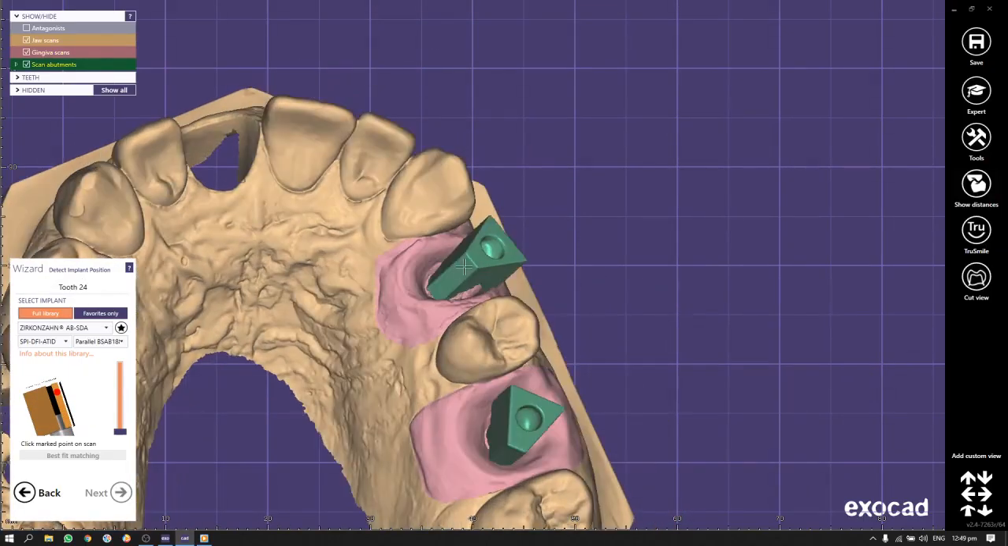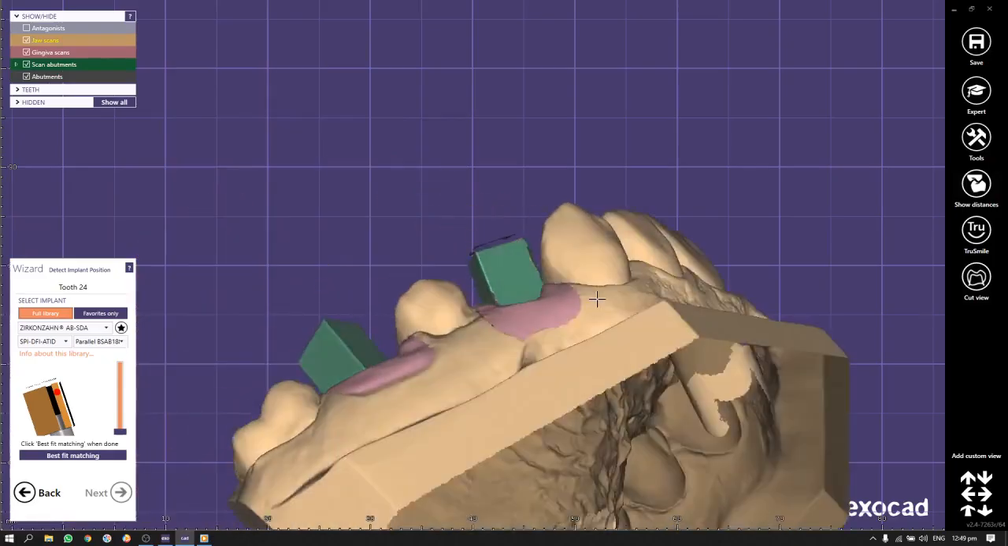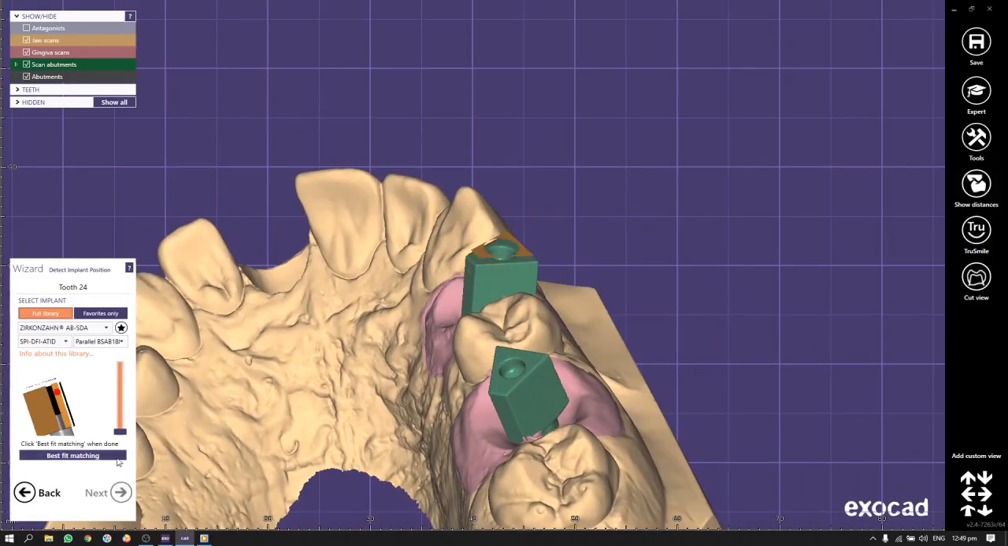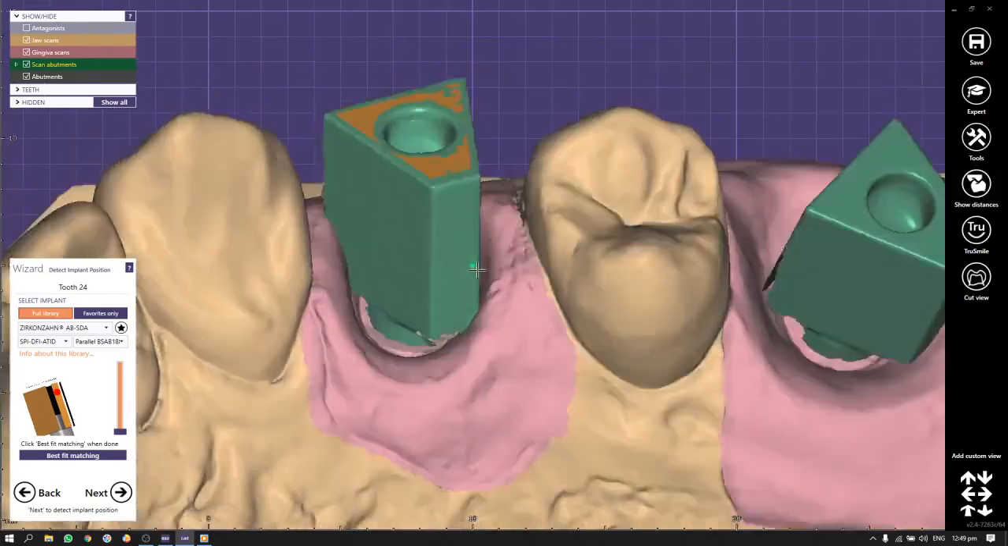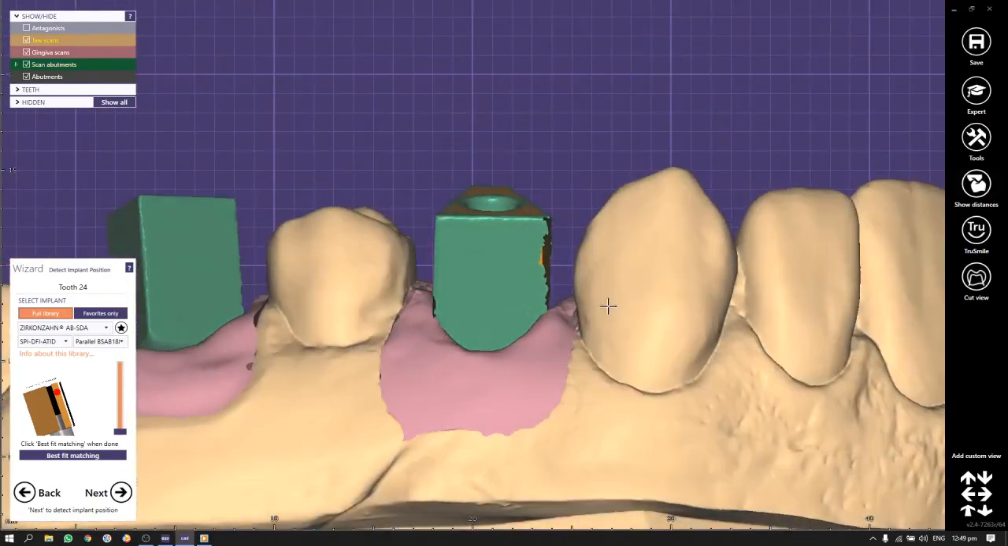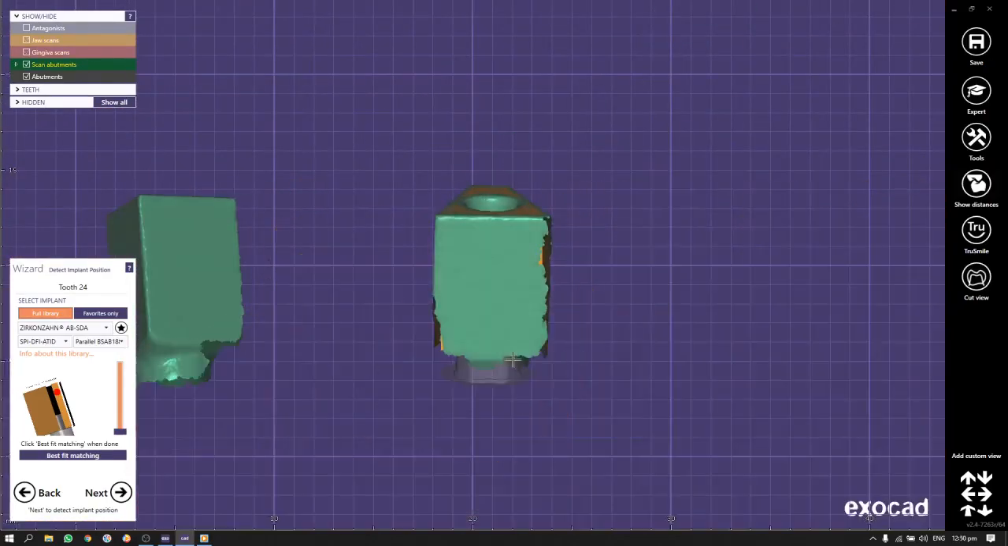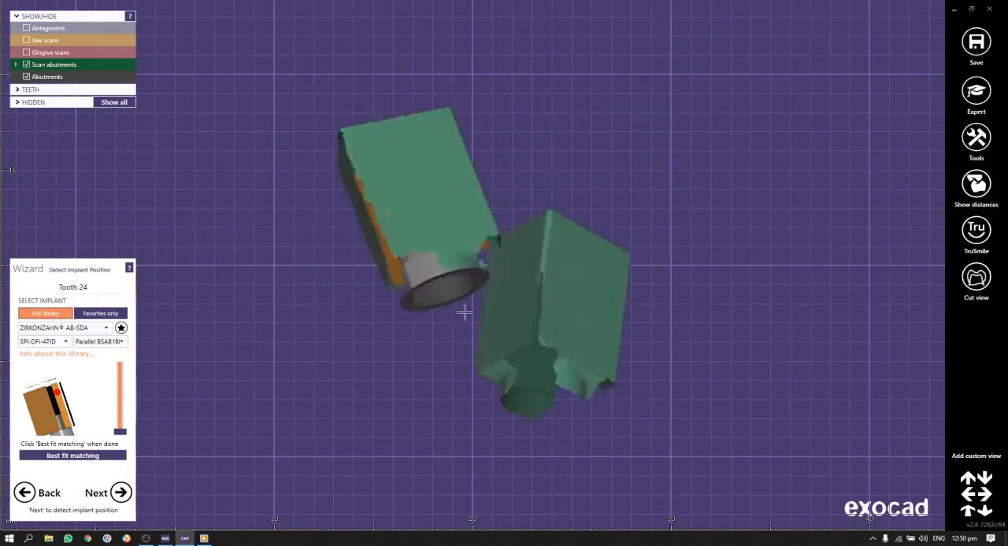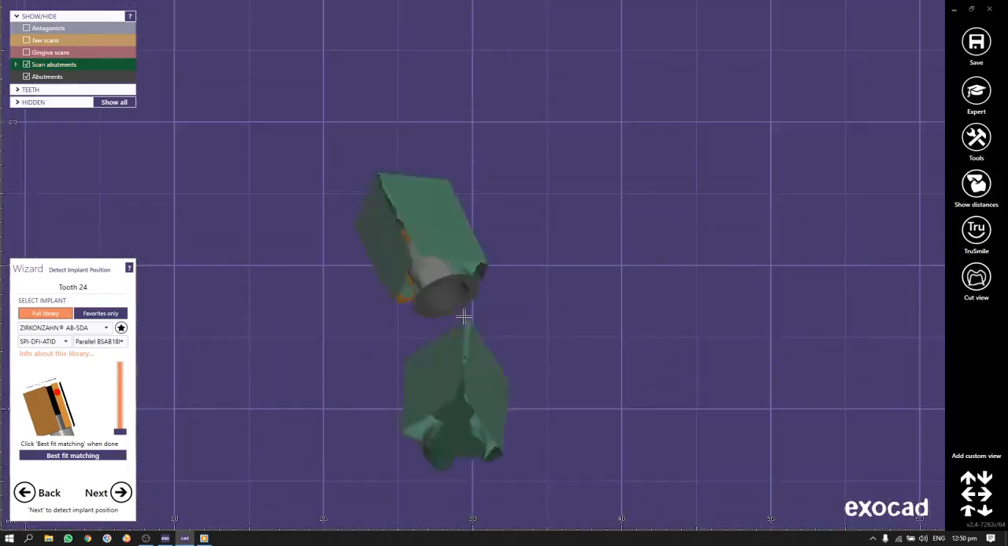So first it makes a rough matching when we press best fit matching. So our virtual scan abutments and real scan abutments are in the same position. And a position of the implant in the bone here virtually without any arrows, without any